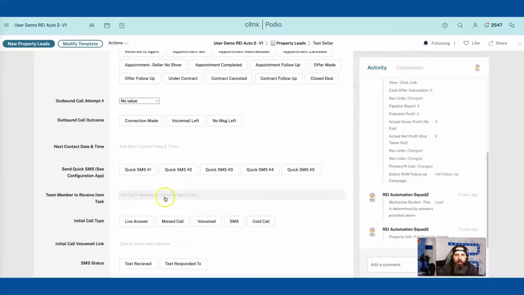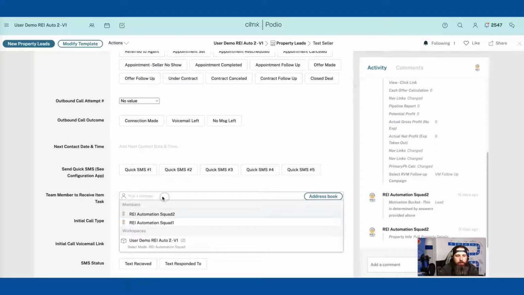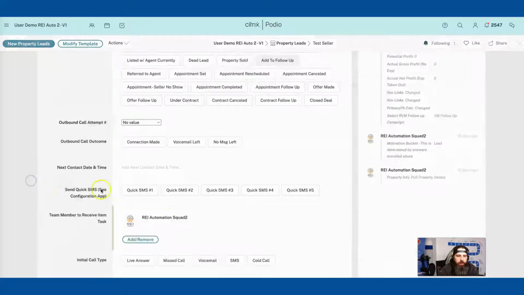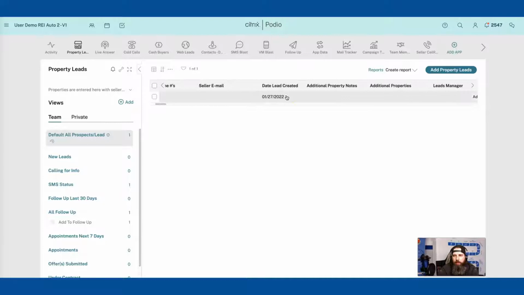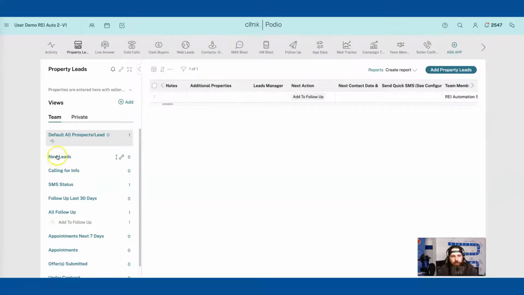text in there. Now, because you filled this out, and I'm just going to go ahead and put Automation Squad 2 on this one, we can filter by it. So on this one, it's in follow-up. If we wanted to go through here, we could create views based off of a certain person being a part